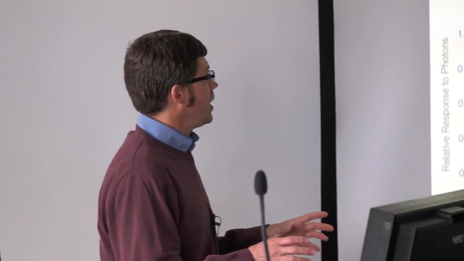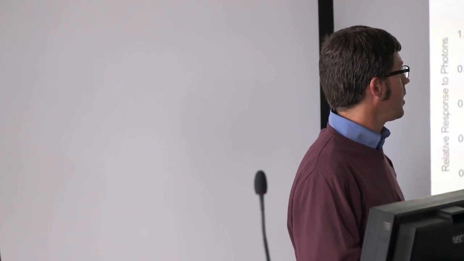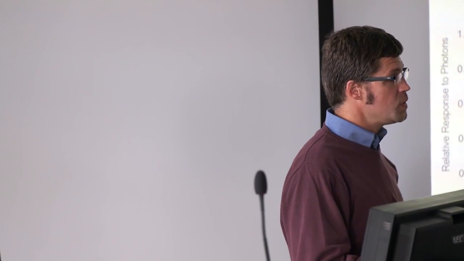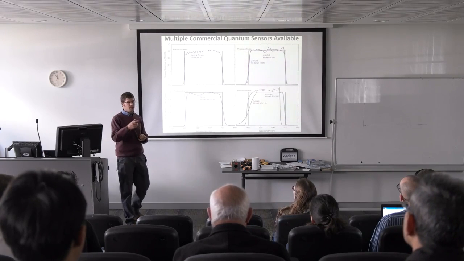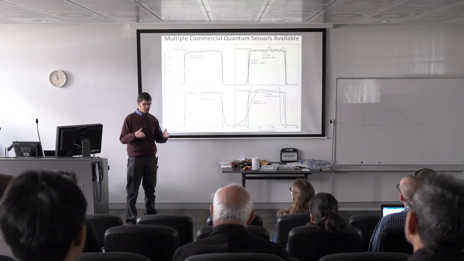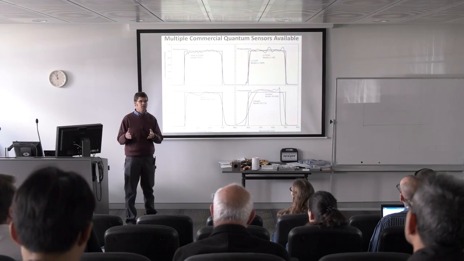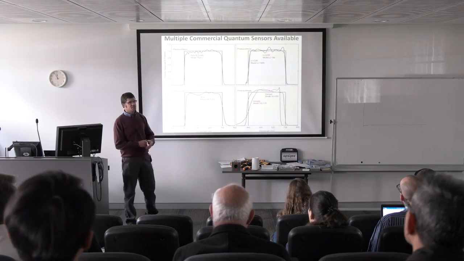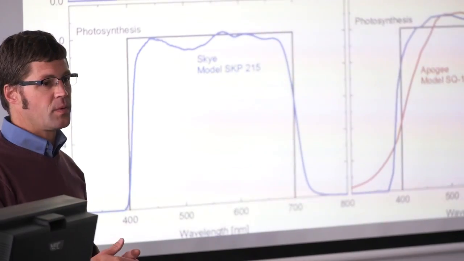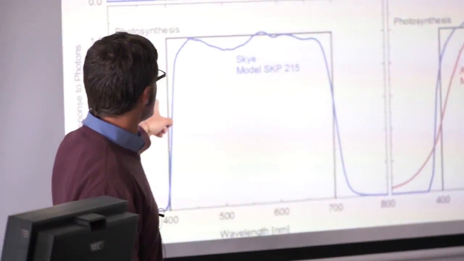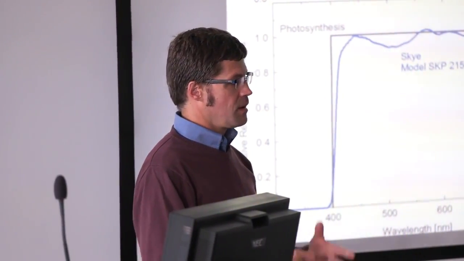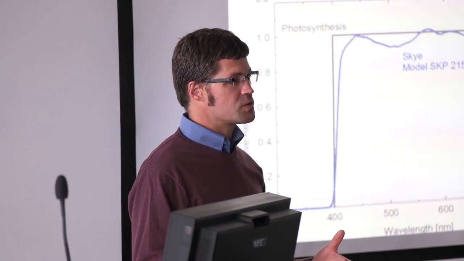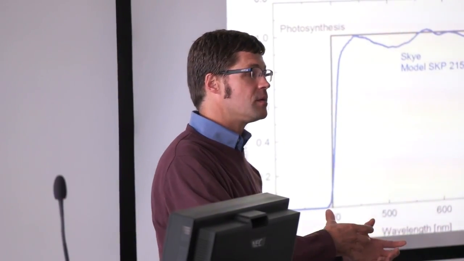So having this information, we can actually now make estimates of what kind of errors we can expect when we use these sensors for different light sources, meaning Bruce talked a little bit about how the solar spectrum can change for clear versus cloudy conditions. So if we calibrate these sensors in clear conditions, for example, and we know that none of them have a perfect match to our definition of photosynthesis, we can expect some errors when we try to use them in cloudy